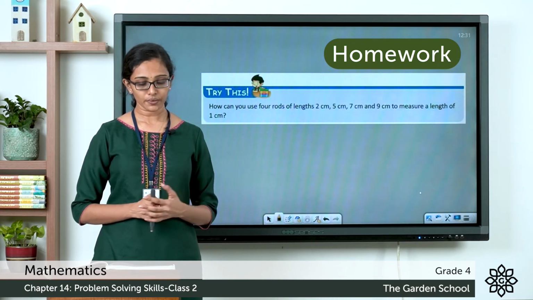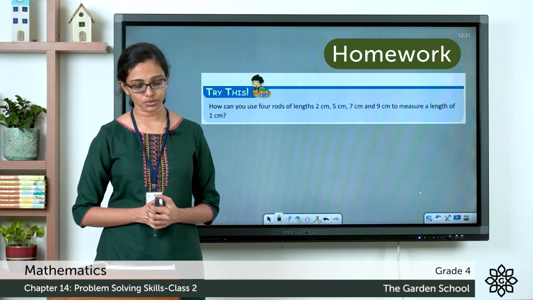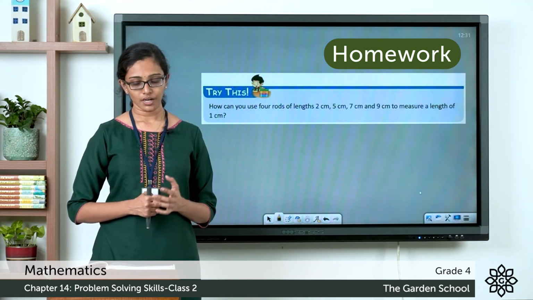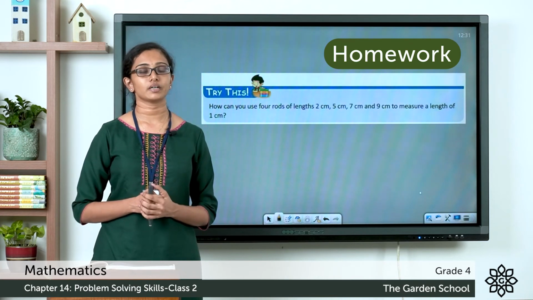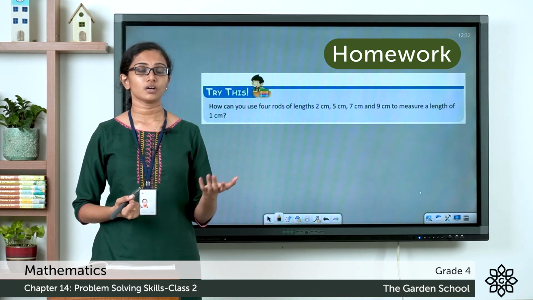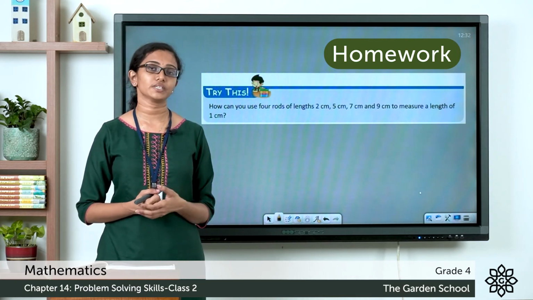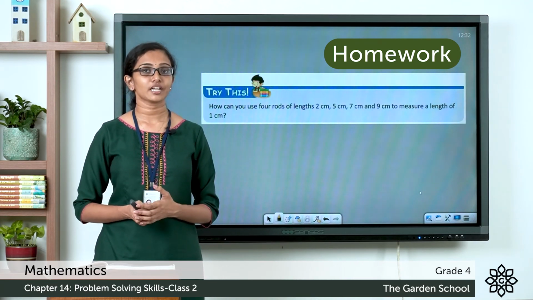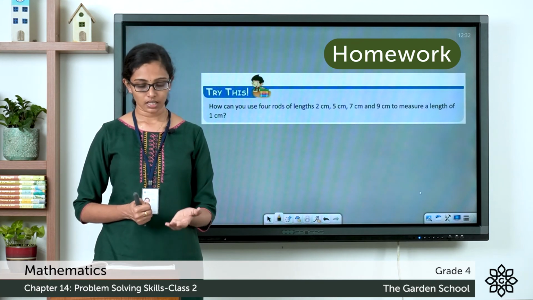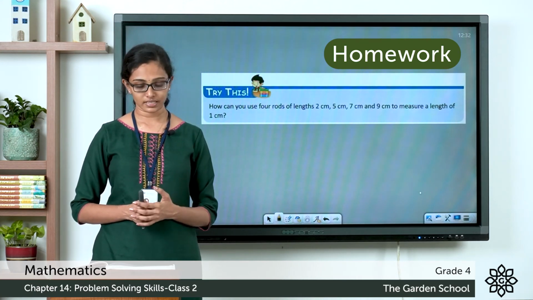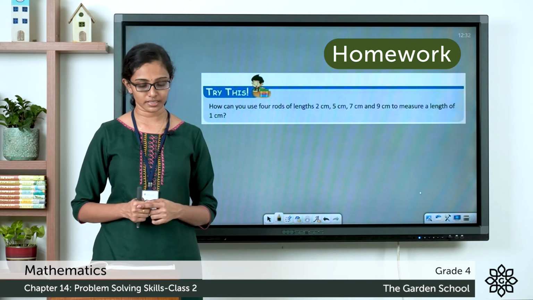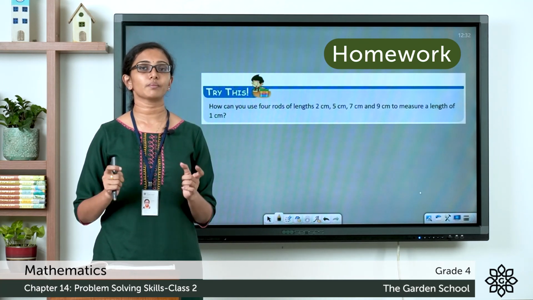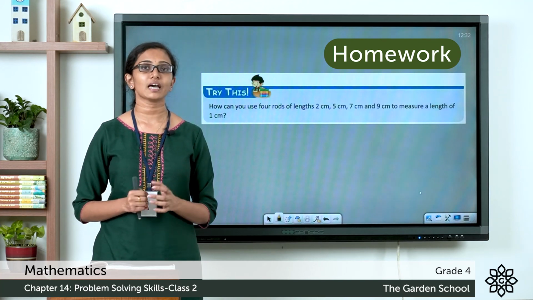So, this is how you can use 4 rods of length 2 cm, 5 cm, 7 cm and 9 cm to measure a length of 1 cm. So, similar to the example of chains, the arrangement of chains to measure length of 11 cm, you can try different arrangements of rods of lengths 2 cm, 5 cm, 7 cm and 9 cm to measure the length of 1 cm. Do try this, and if you come up with a solution, take a picture and then send us